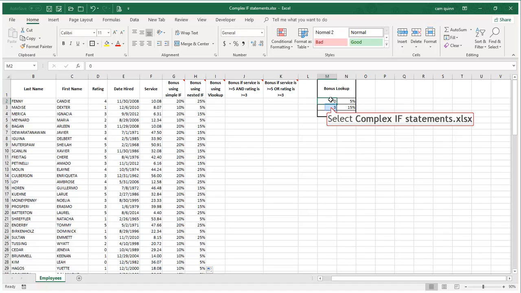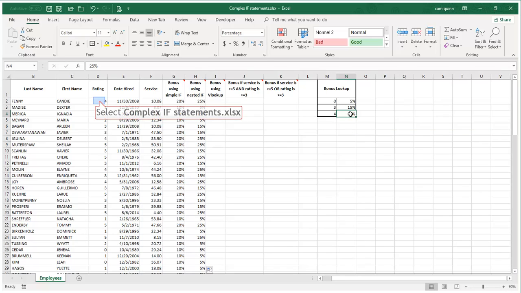So it's going to say, is a 4 bigger than a 0? Yes, it is. So it's going to move down to the next one. Is 4 bigger than 3? Yes, it is. Is 4 bigger than 4? No, it's not. So it's going to go down and go across and pull off the